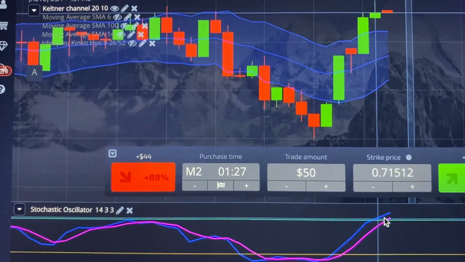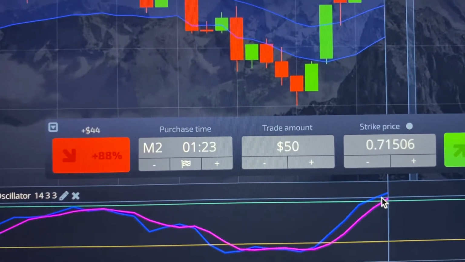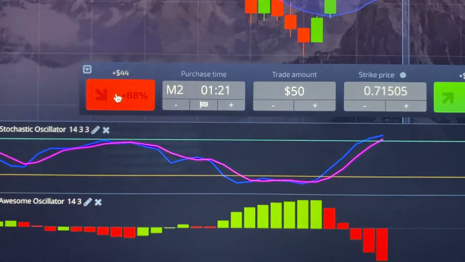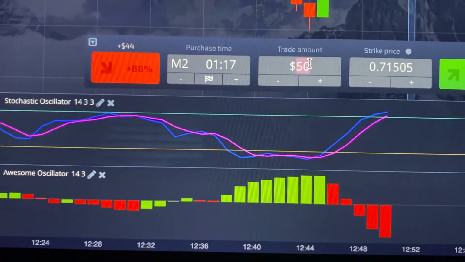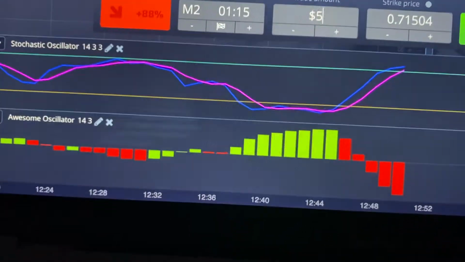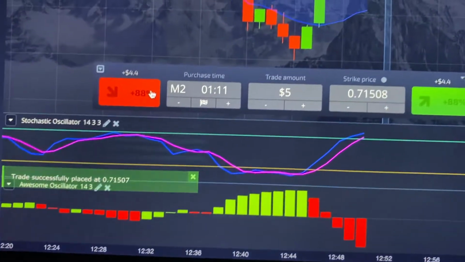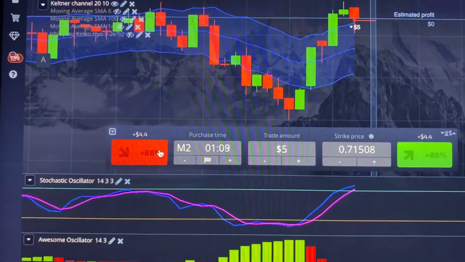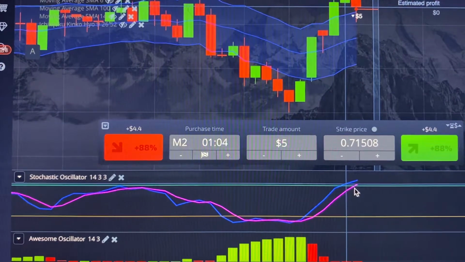So you see how the angle is getting a little bit sharper right now. Typically, I think I might have missed it. Wait for it to retract a little bit. Let's see. All right, retract perfectly. All right, perfect. Okay, trade has been placed. All right, so you see how this line in the stochastic is starting to cross over and